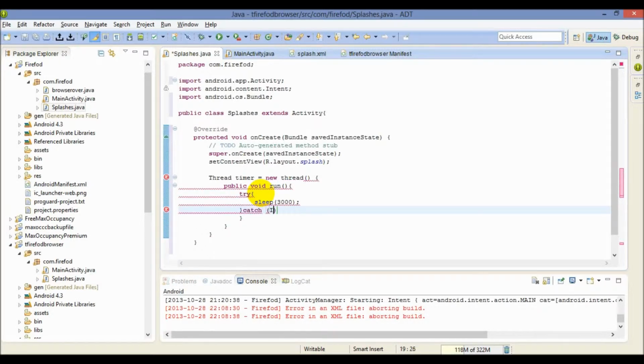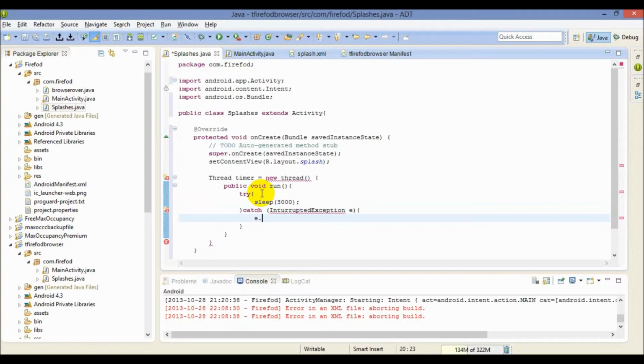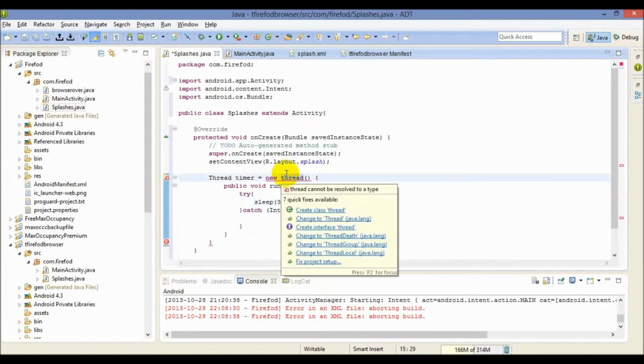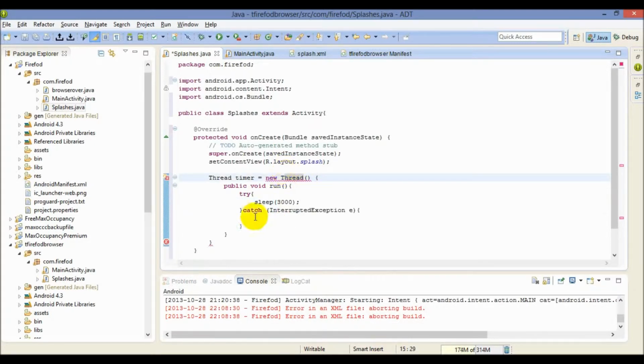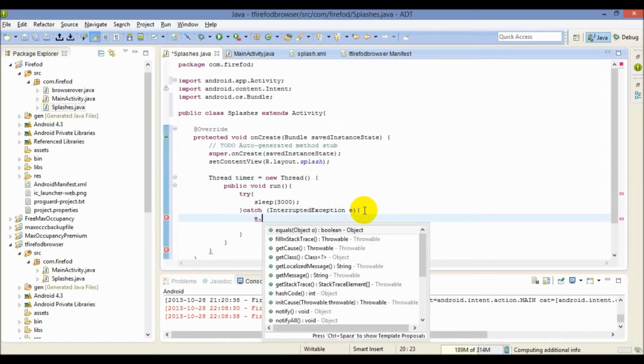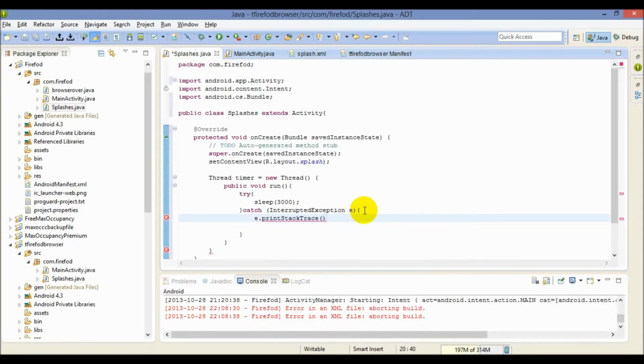So catch InterruptedException e, okay. So we have the InterruptedException, except we've spelled interrupted wrong. Okay, and we've also, Thread, the T must be capitalized because we're creating a new thread. Okay, so e dot, we're going to print stack trace. Okay,